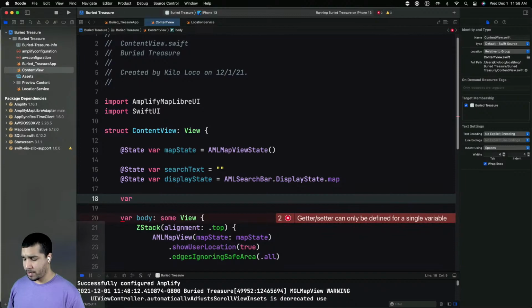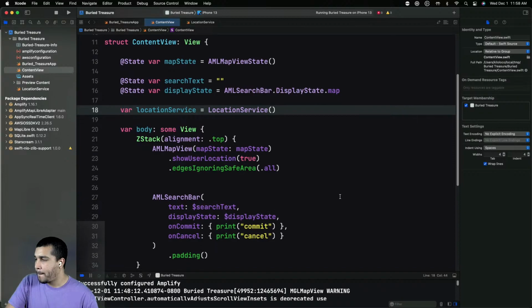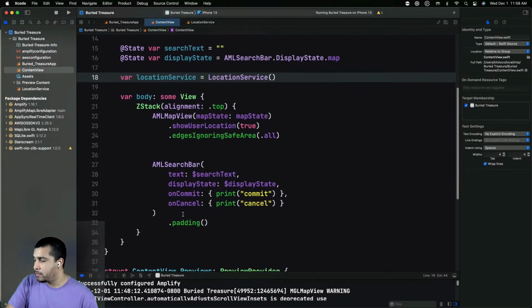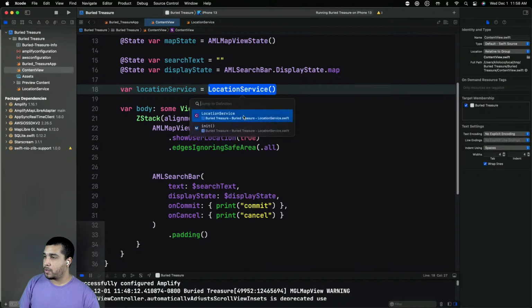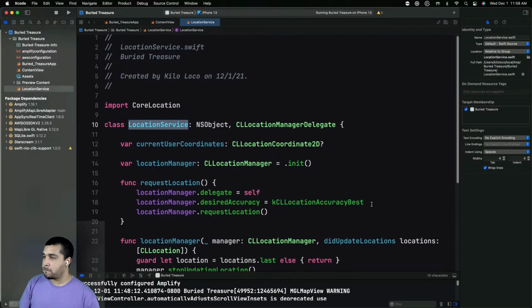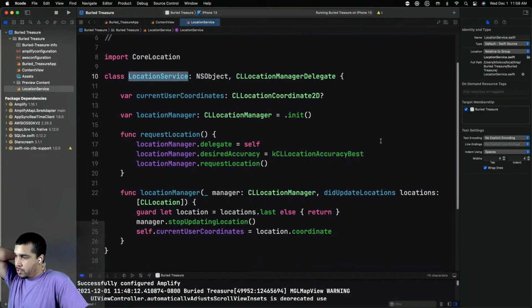All right, so we have an object. You can just do object, right? So locationService is equal to LocationService, which we created. And then, oh, we need a way to, hold up. Let's see, we do requestLocation. Then